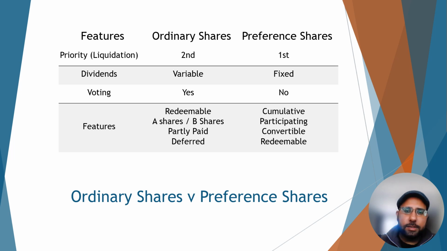A number of the features that are attached with ordinary shares, one is a redeemable or a callable feature. This is in essence when shares are bought back by the issuing company after a specified time and after a specified date, as well as at a predetermined price. So companies can issue shares with the option of recalling those shares at a later date with a set price. So if you are to buy redeemable shares, you will hold it for an X period of time, and it will be bought back at an X period of time. There are pros and cons attached to it.